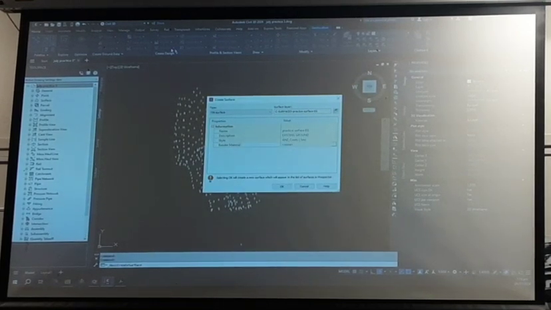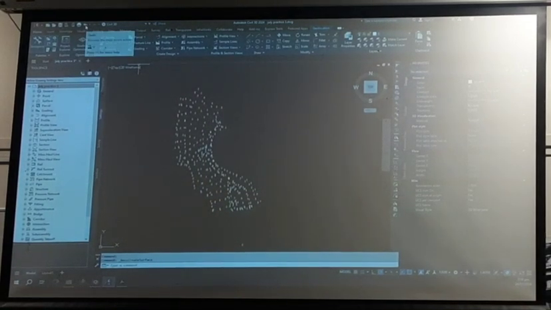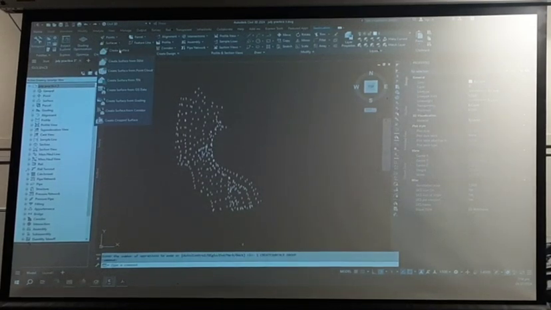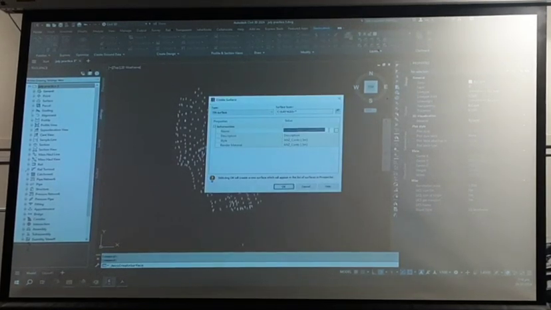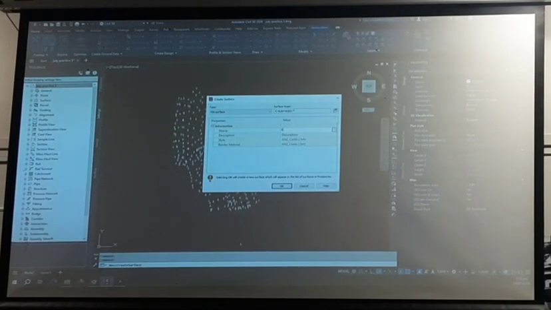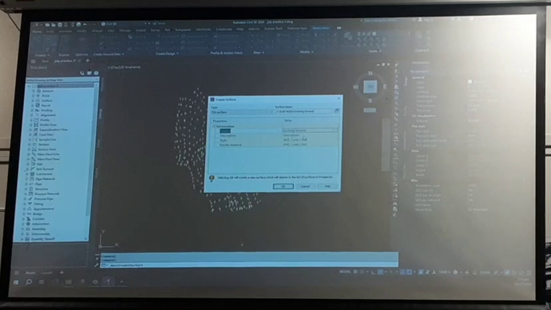I'll go backwards. Sorry. We're just going to redo things and catch up. So, surfaces, create surface. Put in your surface name, yeah, existing ground. Yeah. Description,